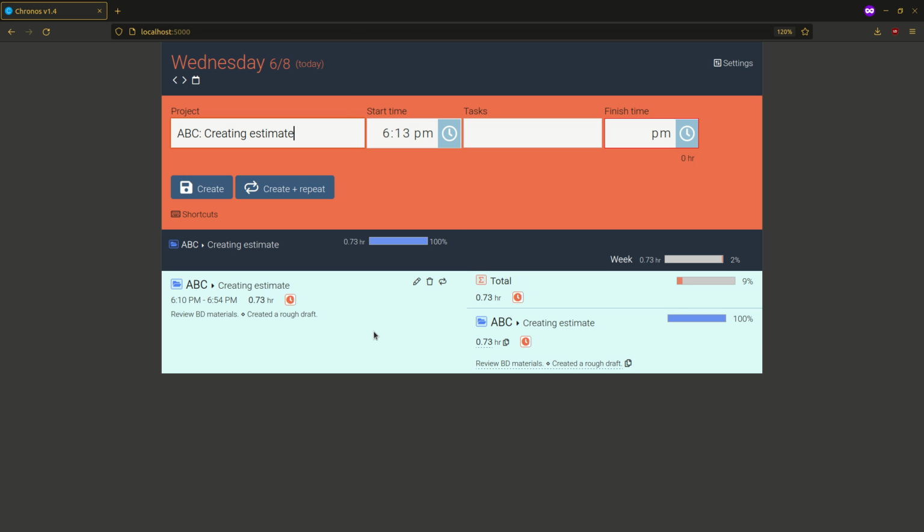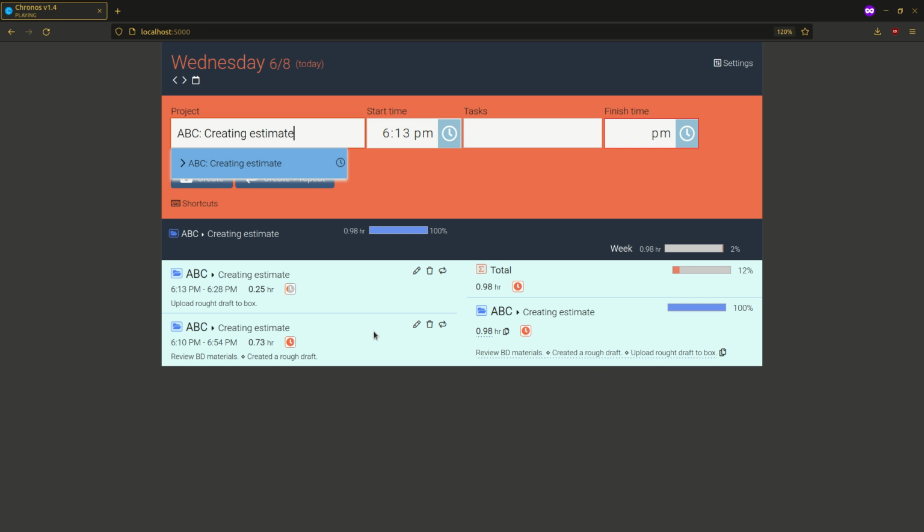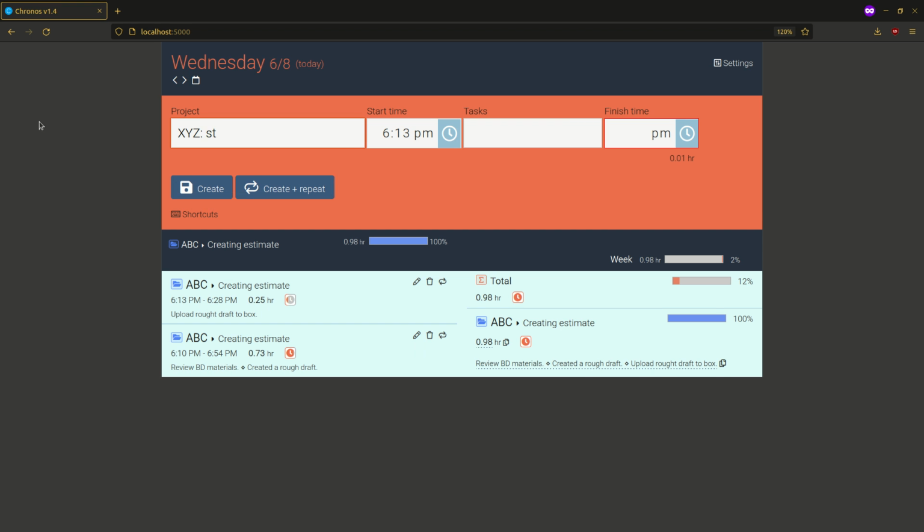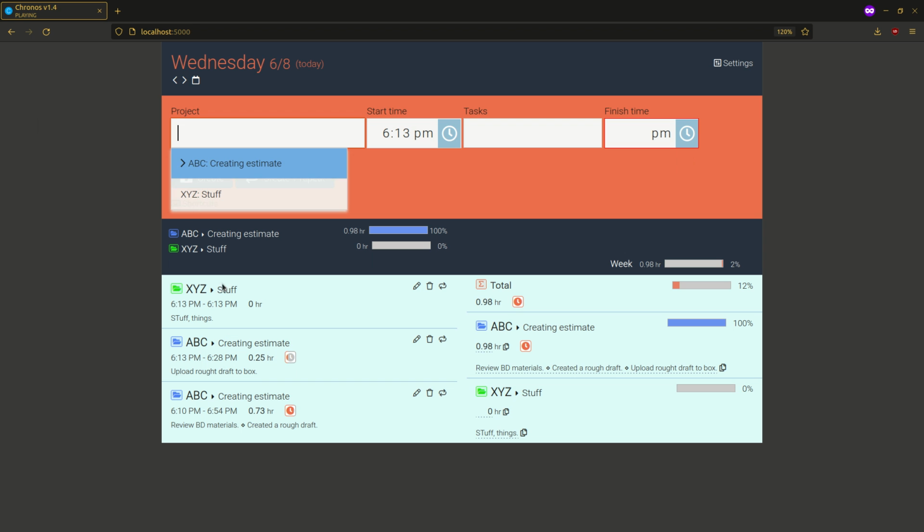So yes, I'm going to do some more work here. I'm going to upload rough draft to box. And let's add another project in here. We're gonna work on XYZ. And we're gonna do stuff, things. Okay, so here you can see there is a log entry for each of the things that I've done